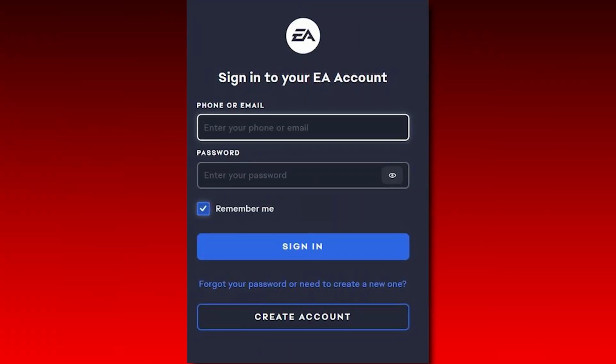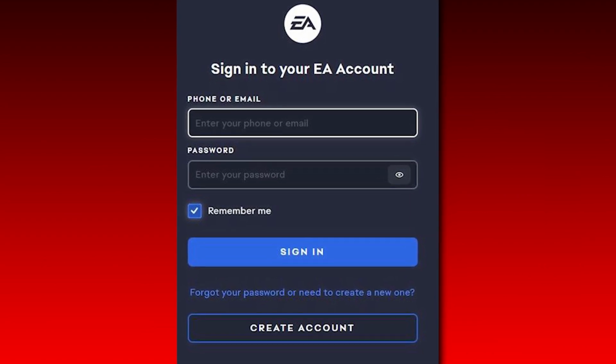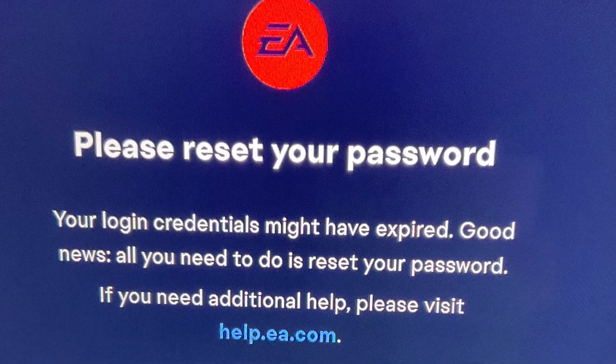As a quick example, I recently bought the game A Way Out on Steam because it was on sale, and as soon as I went to play the game and invite my friend, I was quickly greeted with an EA login screen. So I had to log in with an EA account that I haven't logged into for over 10 years, and then when I couldn't remember the password, I had to reset the password for this separate EA account, log in again, and then when I finally got in, when I went to invite my friend, I had to